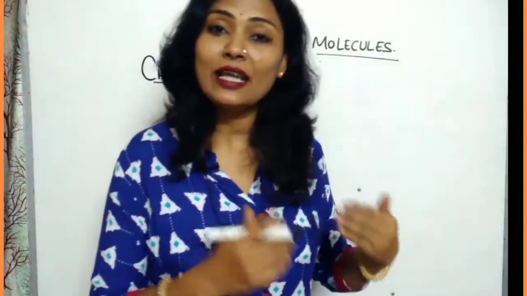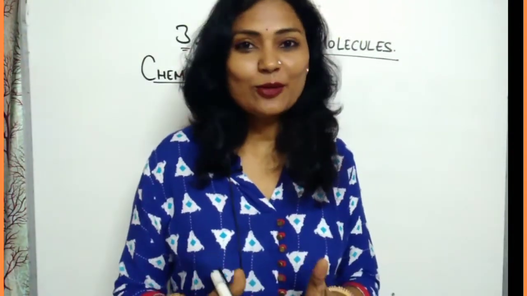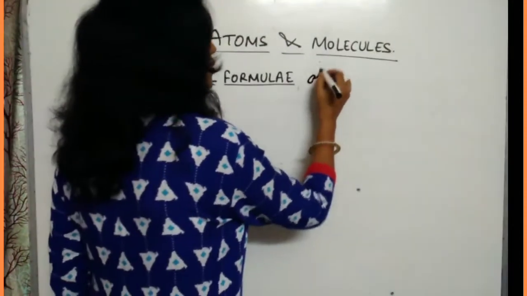I have already told you how we can write the chemical formula. And what is a chemical formula? Actually, the chemical formula of a compound is a symbolic representation of its composition, and the chemical formula of different compounds can be written easily if we know the symbols and mainly valency. Valency, the combining capacity of the elements. Okay, so let us start. Chemical formula of a compound